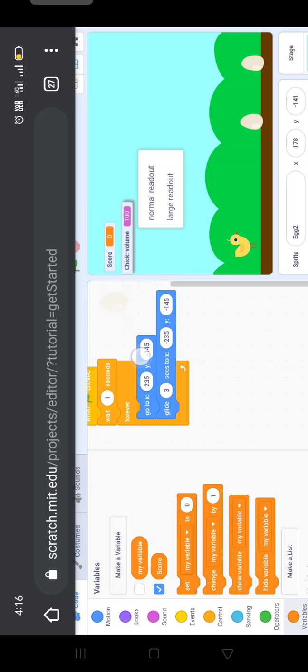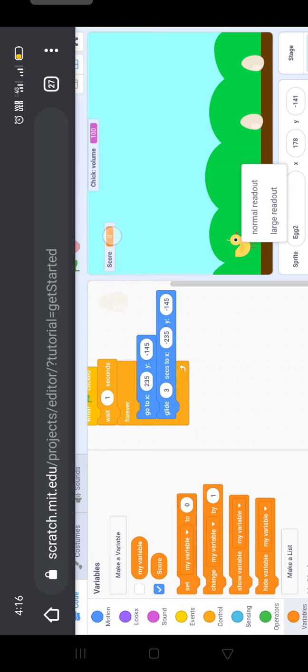Now here see, score variable I created. Here why we are going to create this score variable, keep track of the score, and we use it for keep track of the score of the player.